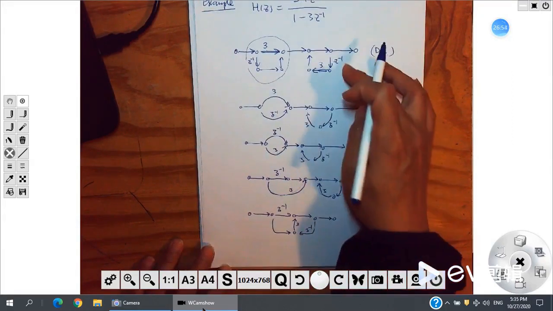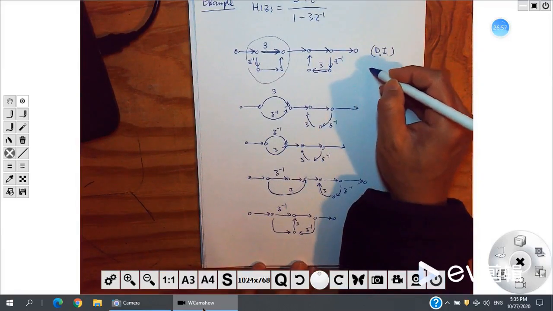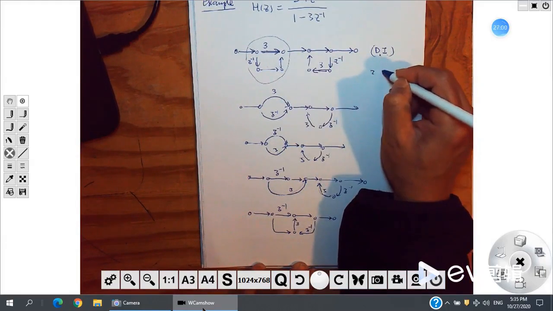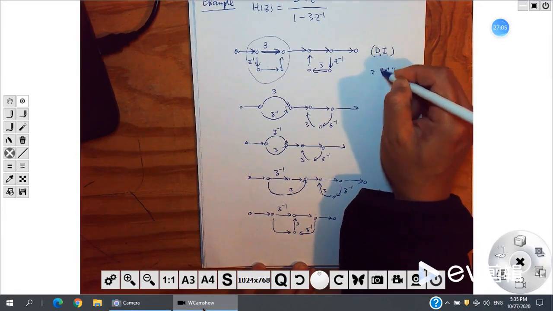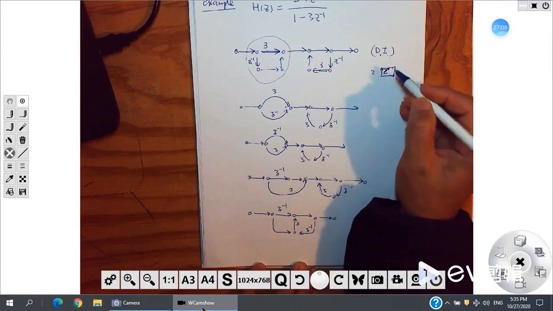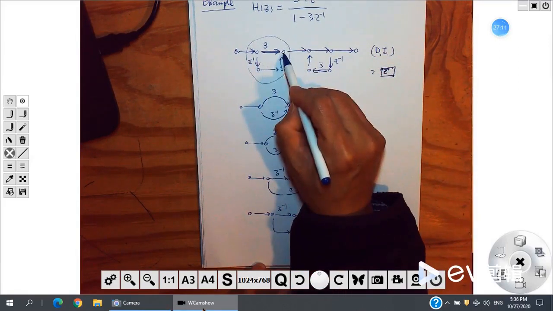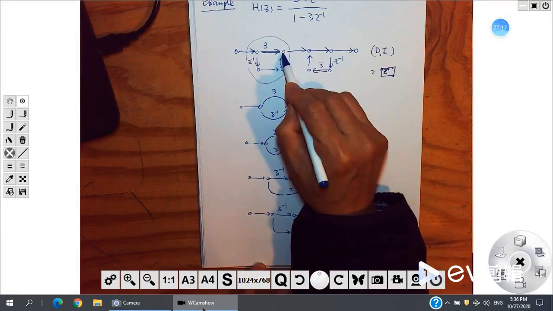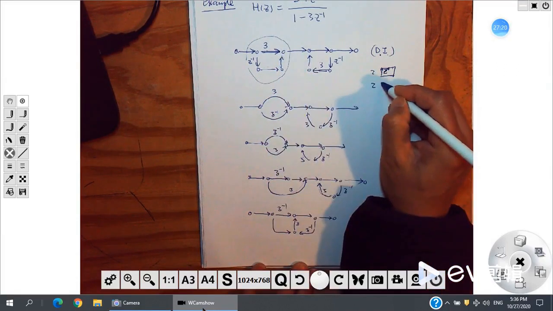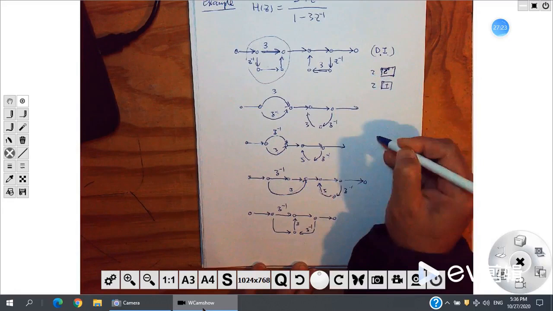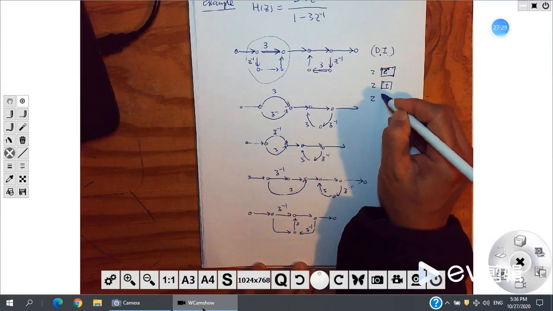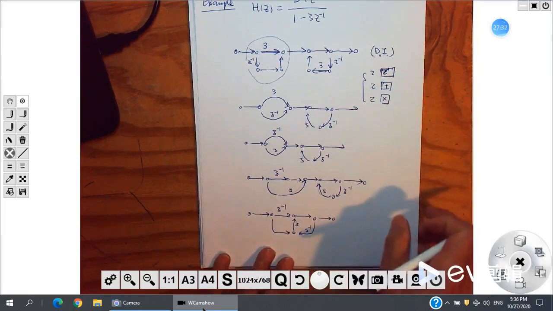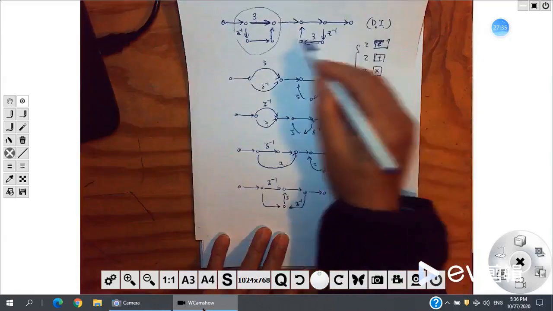Alright, I can compare these 2. This one, how many delays do I have? I have 2 delays. And how many summations? This is a summation, right? I have 2 signals going into it. This is also a summation. So I have 2 summations. And the multiplications, this 3 and this 3. So I have 2 multiplications. So I have these 2, 2, 2, right? If I merge these 2 together, after merging,